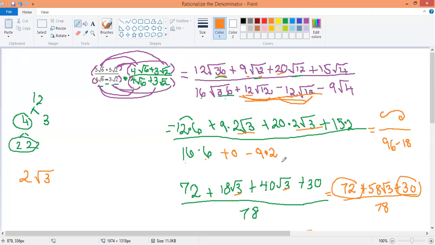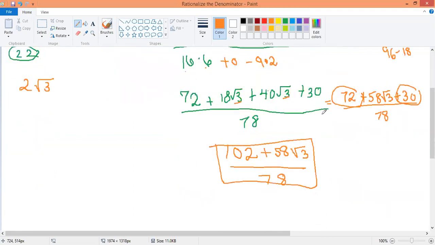And then we simplified our denominator. And then I came down here and I simplified the numerator. And then we combined like